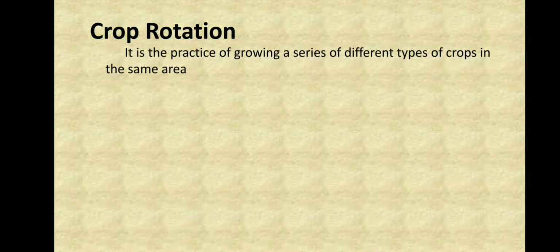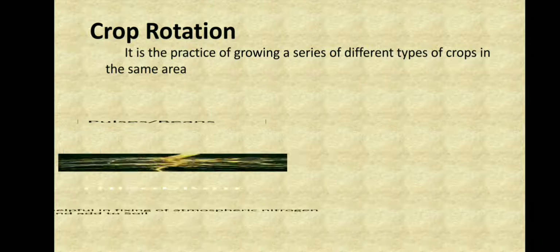So first thing is crop rotation. Now what is this crop rotation? It is a practice of growing a series of different crops in the same area. So when many types of crops are grown in the same area, we call it crop rotation. For example,